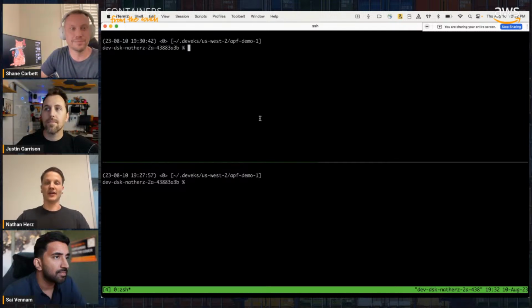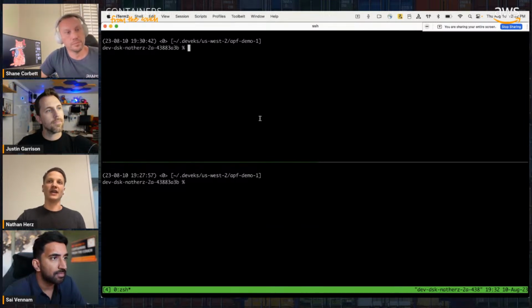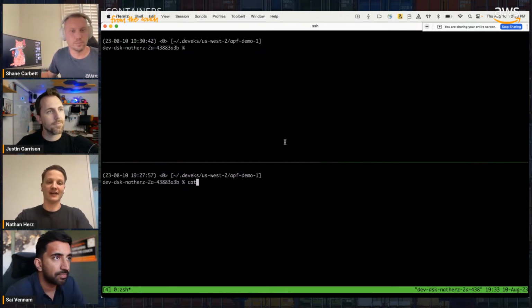Typically one of the first things we look at is, can we replace periodic list calls with a more efficient watch? Watch is a much more efficient way to get changes to collections over time. So we could issue a watch against these secrets, get the initial state, and then we'll be notified whenever something changes. That's a lot more efficient than relisting the complete collection of 50,000, especially if it's a static collection like now, where they're not changing very often. So we can do that actually. I have another script here